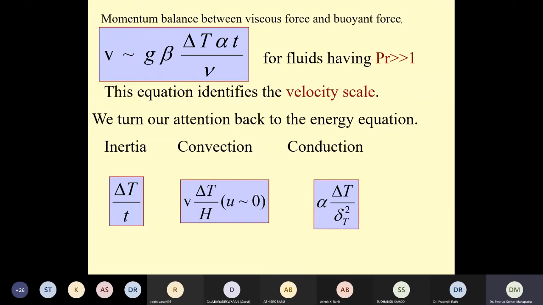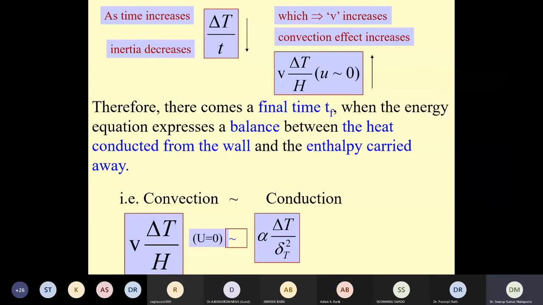Inertia, in the beginning, we have neglected, that is the middle convection term. Now after a few seconds, what happens? This convection term comes up, which was neglected initially in the energy equation. In the energy equation, inertia versus conduction was the counteraction taking place. Now convection, because of the velocity that has come up, will also play a role. I'm not spending much time on that.